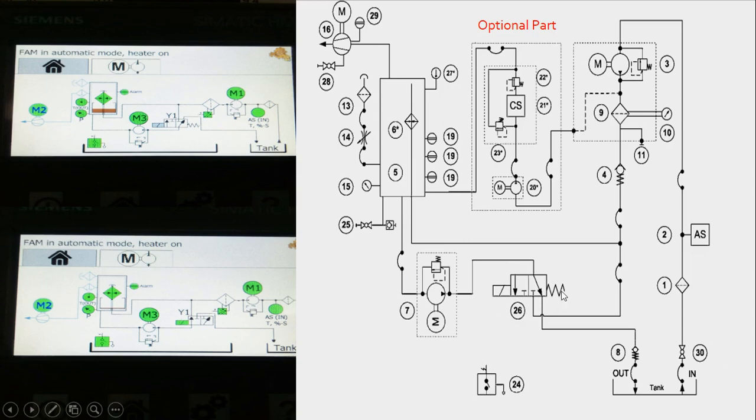This is the solenoid valve, which operates depending on whether you have to circulate the oil or shift the oil back to the tank. In this diagram you can see, if you are shifting the oil from the vacuum column back to the tank, this will be the direction of the solenoid valve. The filling pump will always remain in operation because it has less discharge as compared to the evacuation pump. This diagram is for when your oil is circulating inside the vacuum column.